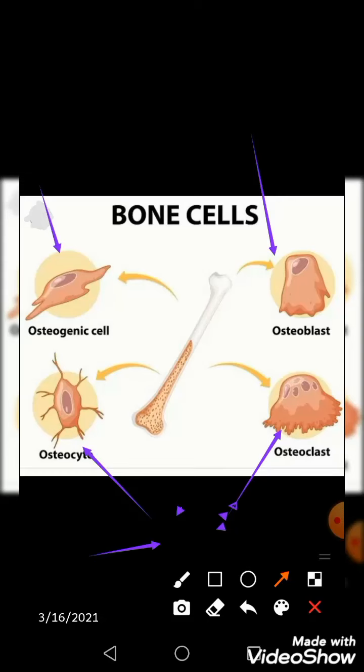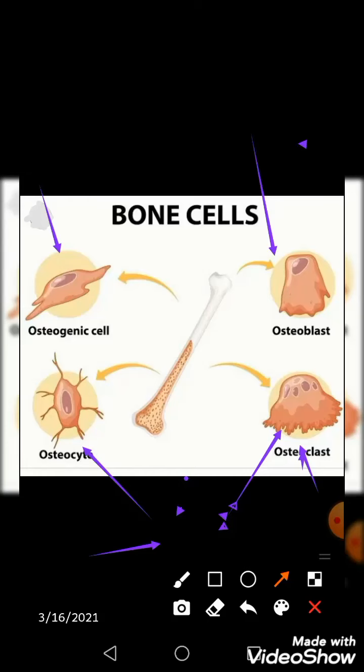The lower part of these osteoclasts shows so many finger-like processes, and these processes form the ruffled border, showing deep infolding of the plasmalemma, and they can change their shape. The area adjacent to this ruffled border is devoid of cell organelles but rich in actin filaments, and it is also called the clear zone.